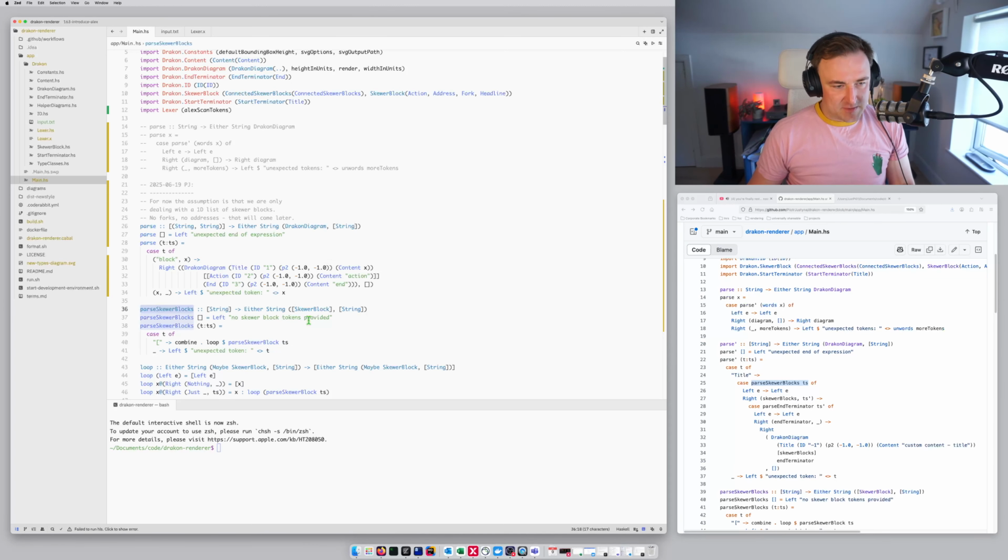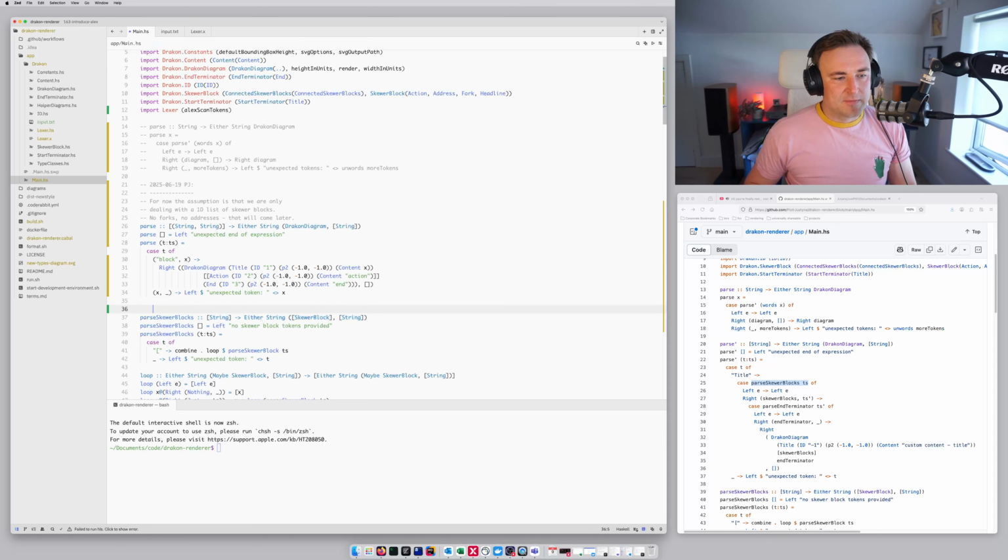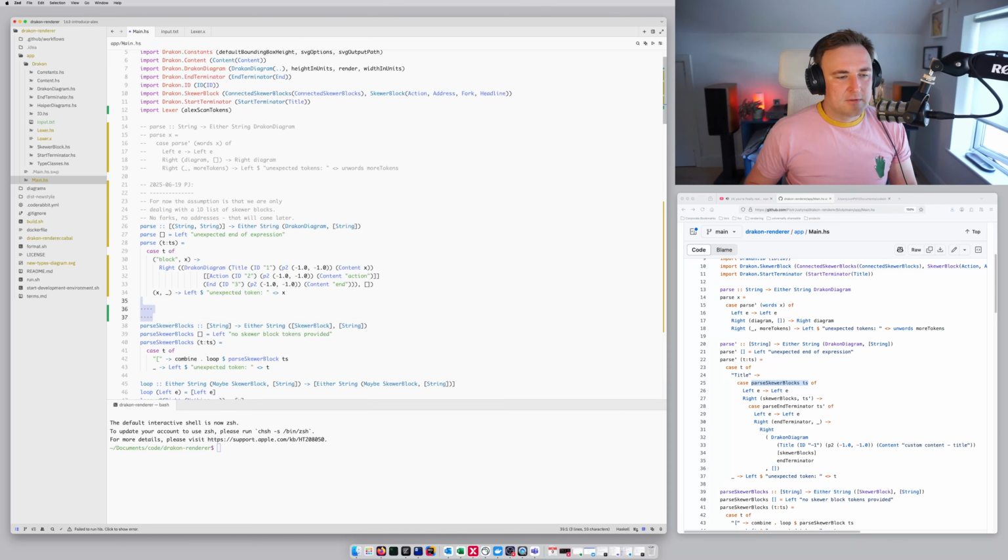I don't believe it's used now. So let's provide an alternative for it. I will learn how to use that one day. Parse skewer blocks, and the input to our parser is a list of tuples: the token meaning, the token name, and the token value. So for now,